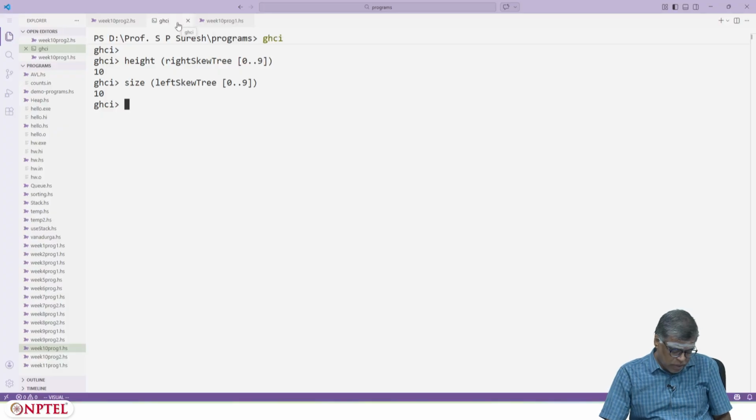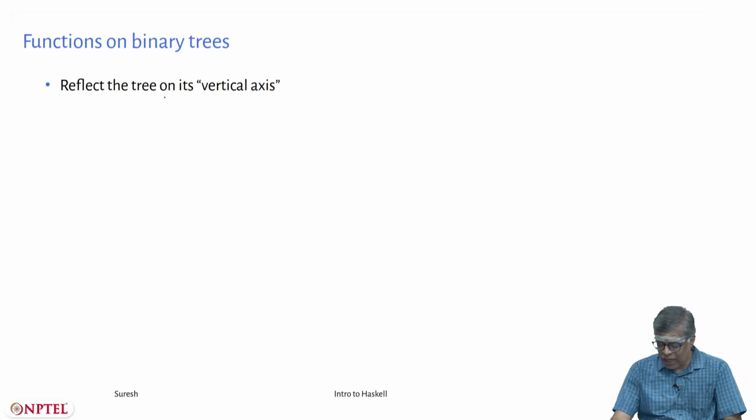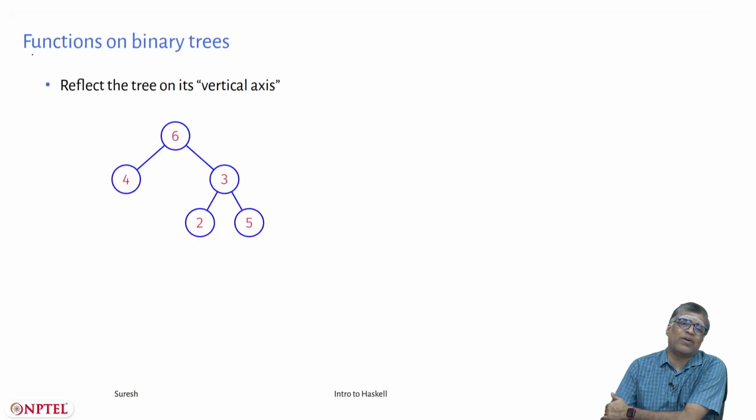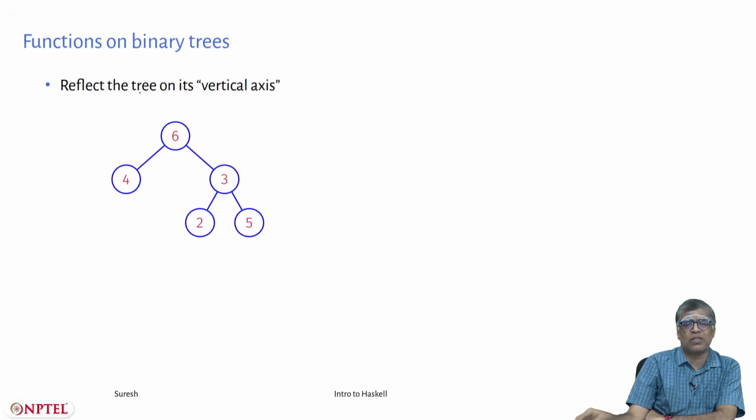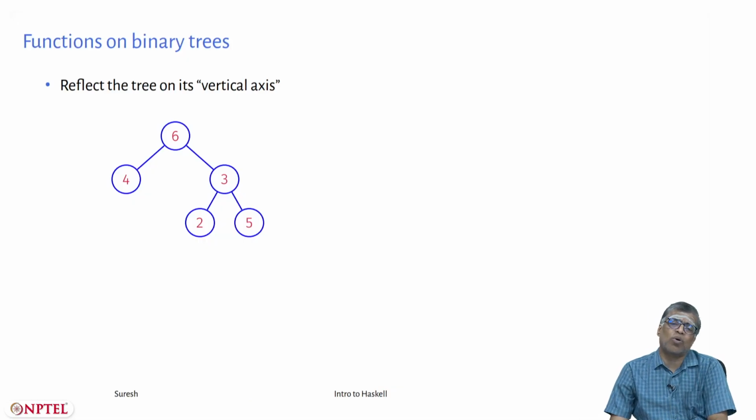We said, yeah. Okay, so here is a simple function that I want to write going beyond size, height, etc. Reflect the tree on its vertical axis. What do I mean by that? What I mean is this. If I have a tree like this, 6, 5, 6, its left subtree is 4, its right subtree is this 3, 2, 5. I need to think of a mirror like this, I want to flip it like this. What would happen is that the left subtree would become the right subtree and the right subtree would become the left subtree, but not just that, the subtree also should be reflected. So, the reflect of the right subtree should become the left subtree, okay, and the code is simple.